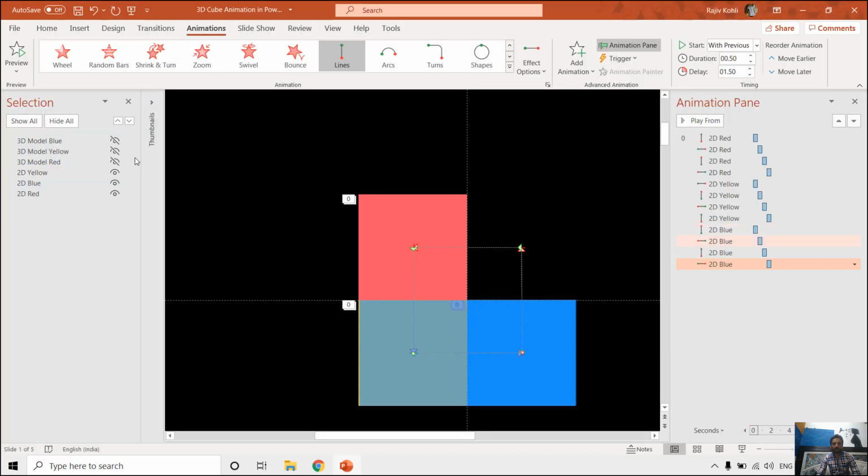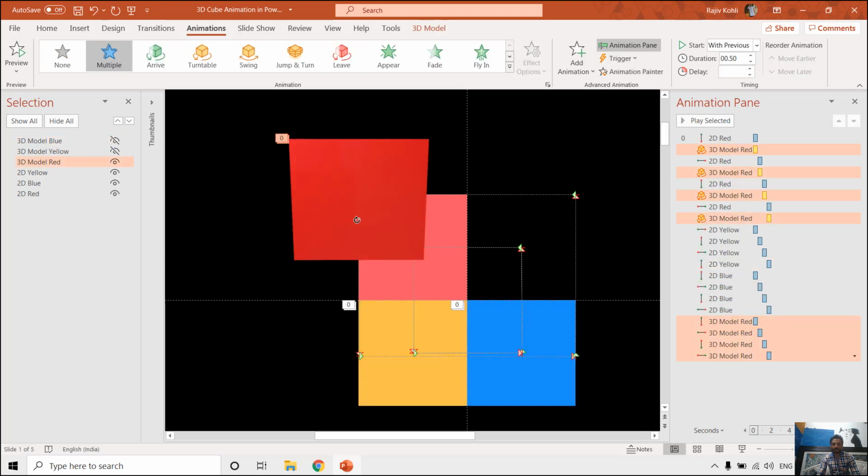Okay, so we did the same on the 3D cubes, and if I turn on one of them, the red one, here you can see that it is a 3D cube, and here you can notice all the animation effects that I applied to this cube. And you should note the length of the motion path, that is around double of this one. So when this red rectangle, the 2D rectangle in the back, will move up to this position, taking the place of the yellow rectangle, then this red 3D cube will move up to this point right here.